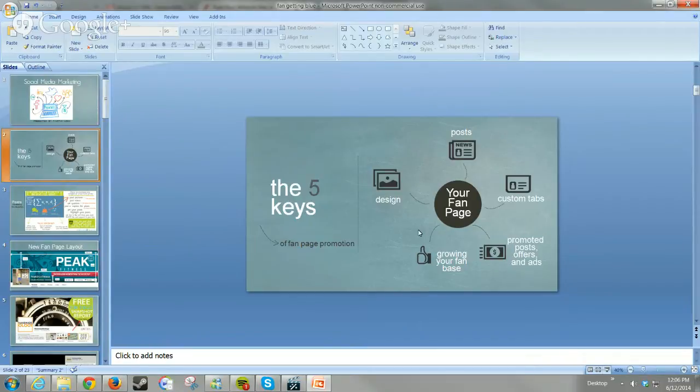The first key is design, and so the design layout and everything you've got going on your fan page, and like I said, that's changing. That's changing for your fan page today, and so I'm going to cover that a little bit down the line